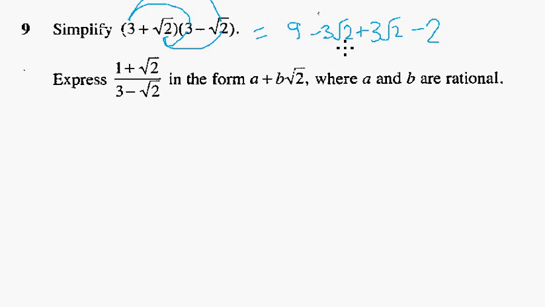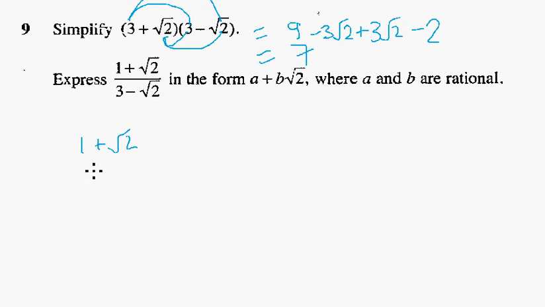So then we take a look at the whole numbers, the integers, separately. We've got 9 here and minus 2 here, so that makes 7. And then we look at the surds. We've got minus 3 root 2 and plus 3 root 2, where those are going to cancel out, so this just becomes 7. What that means for the second part of the question is, if we take our 1 plus